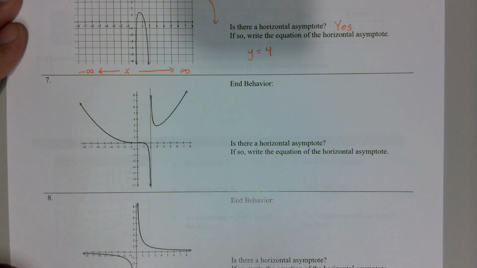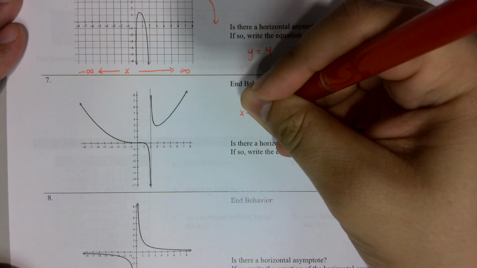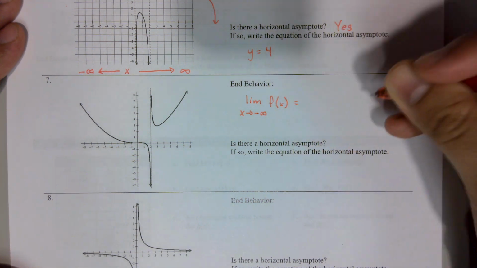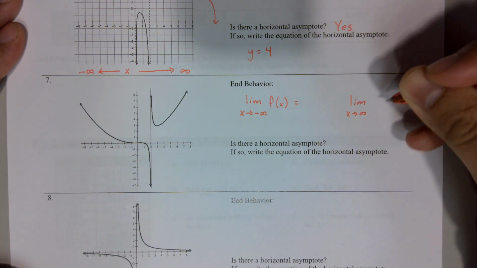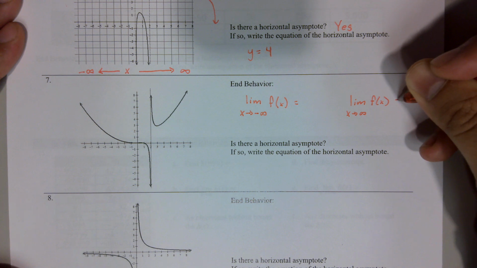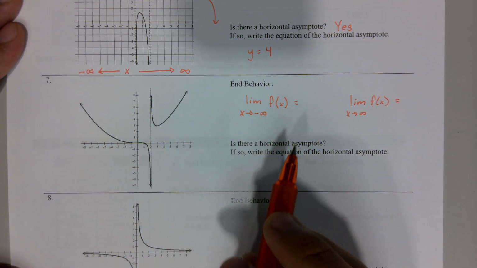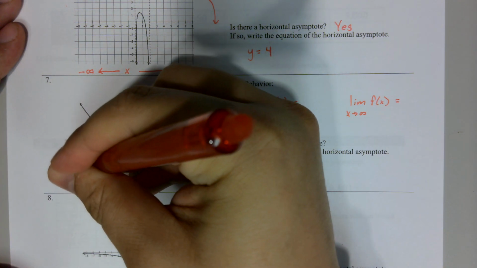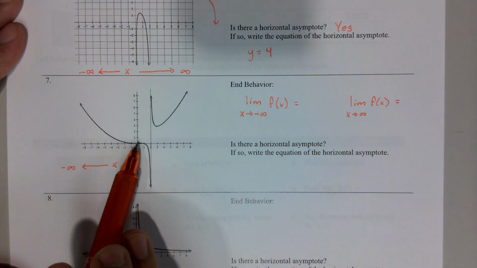So what about number 7? Again, I'm just going to set this up. We have the limit as x goes towards negative infinity of f of x, and then we have the limit as x goes towards positive infinity of f of x. Well, let's see. For negative infinity, as x goes this direction towards negative infinity, notice it's not tapering off to